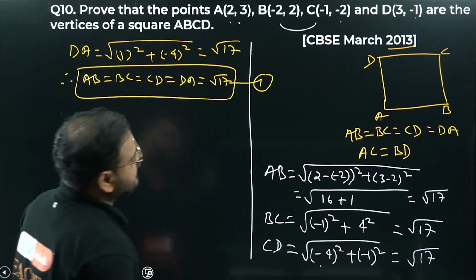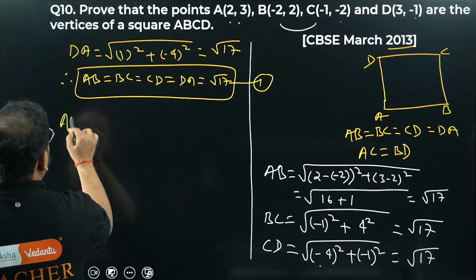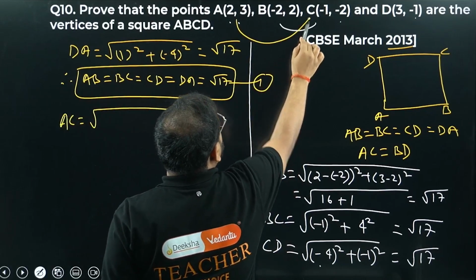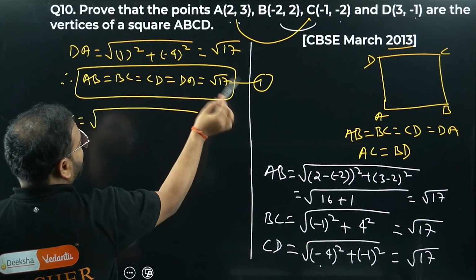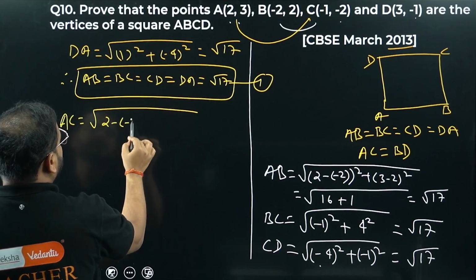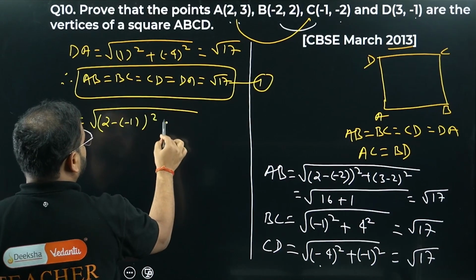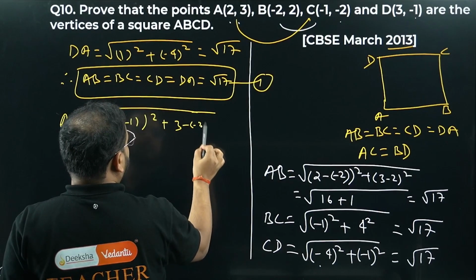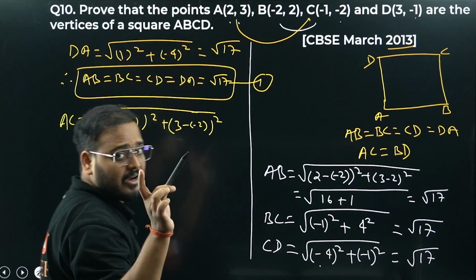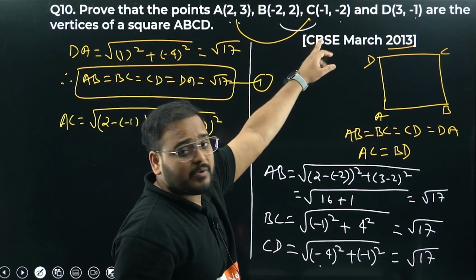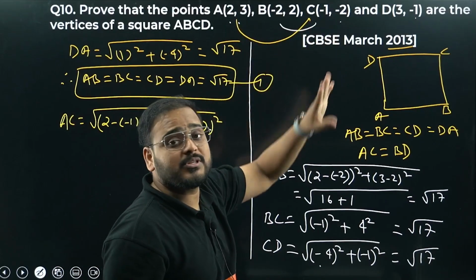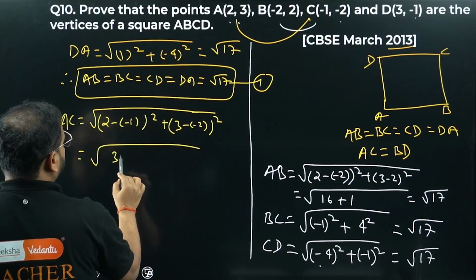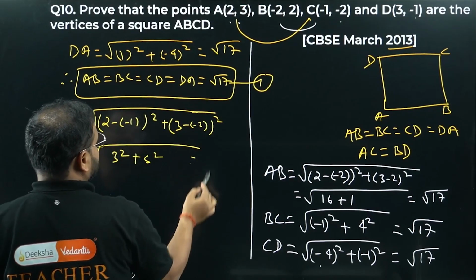Now let's find AC and BD. AC means this with this one. Please check: 2 minus minus 1, the whole square, plus 3 minus minus 2, the whole square. 2 minus minus 1 is 3 and 3 minus minus 2 is 5. So 3 squared and 5 squared coming as